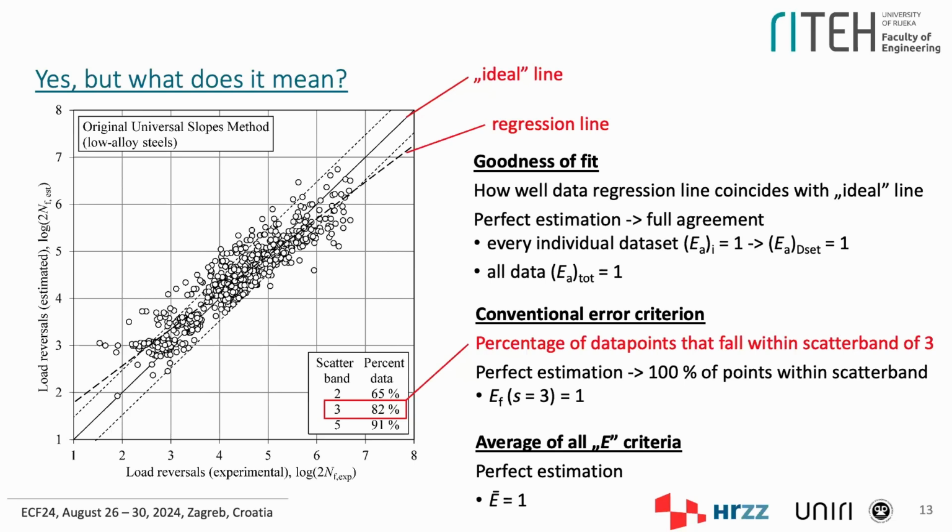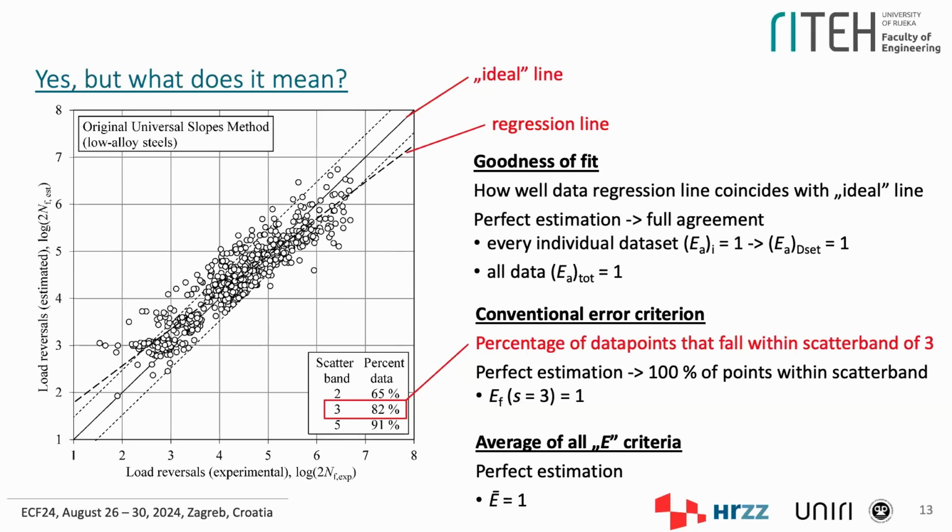So ideally, estimated values would coincide with the experimental ones, and all of them would fall on the same line, and this would be perfect, which is, of course, never the case, not even close. We usually have this kind of cloud of points, and we hope to keep it as narrow as possible and as close as possible to this ideal line. For this particular case, we have this regression line, and we can see that it's skewed a little bit in different areas. How is that connected with those criteria parameters?